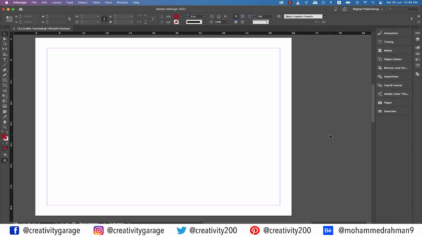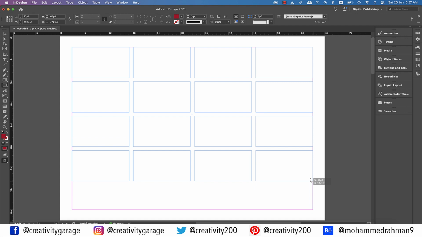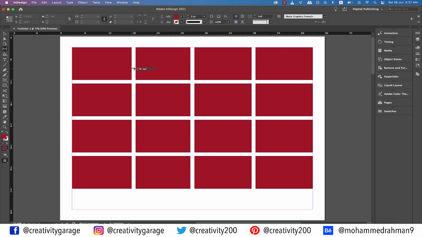Let's delete the shapes once again. Let's drag to make another rectangle, and using the same way, split them horizontally as well as vertically, and then release the mouse key. Now grab the gap tool from the toolbar on the left, take it to one of the spaces, click and drag, and you shall find it expanding the whole column of rectangles. So if you take it to the right, the column on the right shrinks while the left column expands. Dragging the tool to the left would do just the opposite.